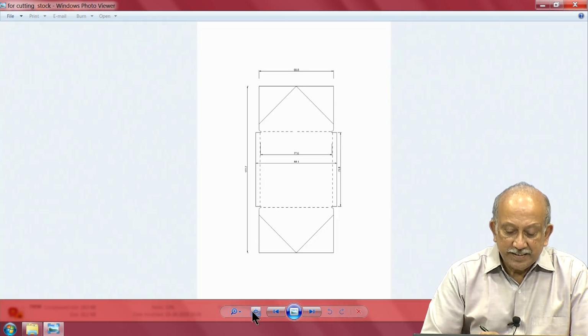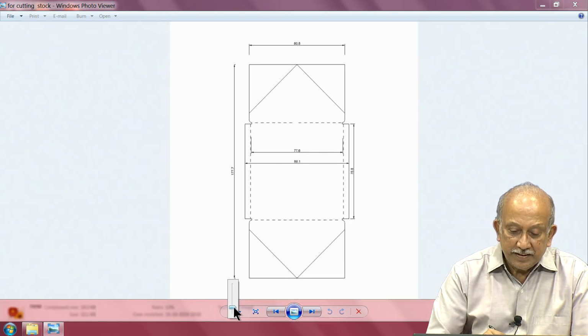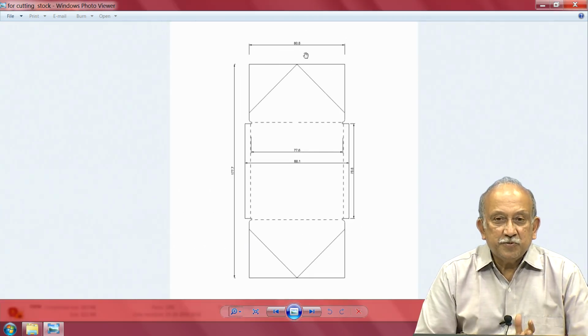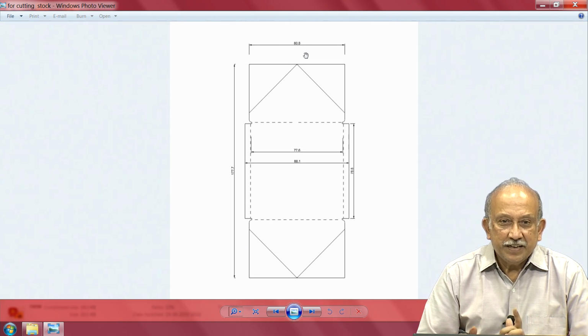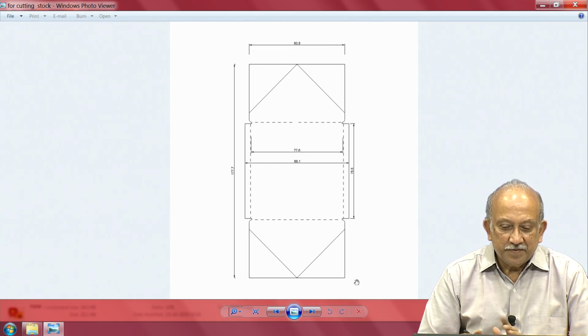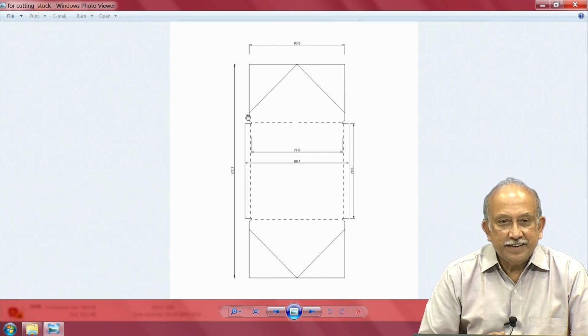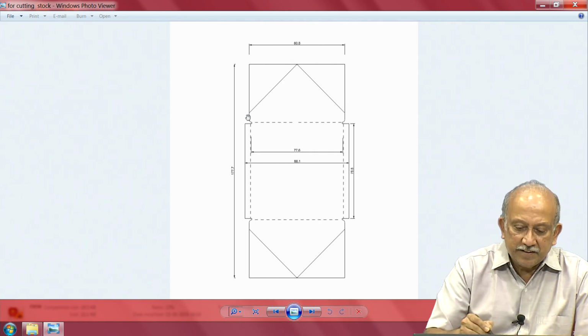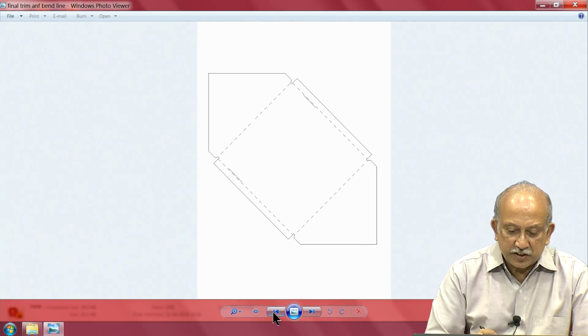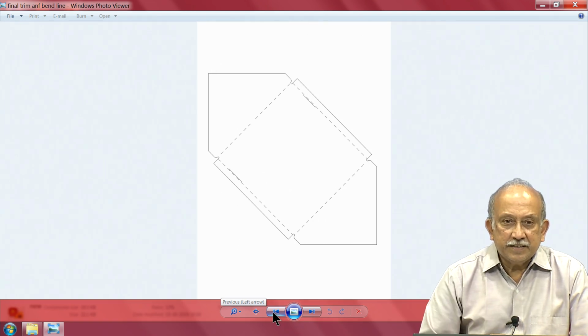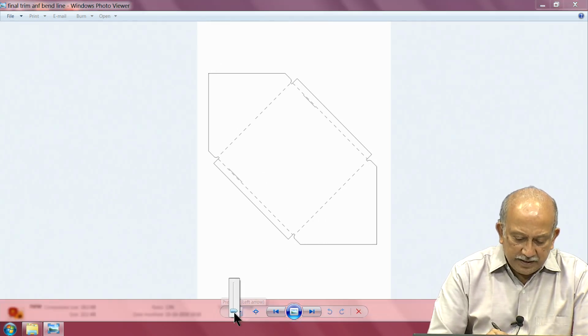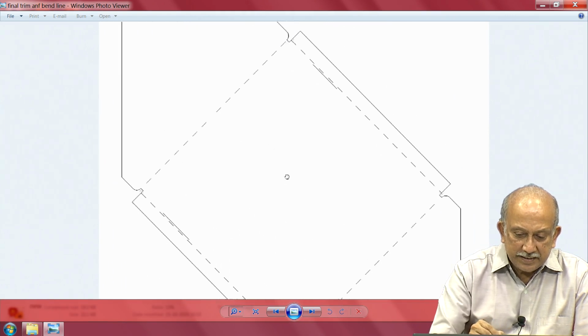Having done this, I have a nice sheet now which I just need to procure the material for and start making it. And the important thing is, as part of the process, this has been made into an equivalent rectangle, because that is how we cut. We do not start with cutting these shapes in the first go. Finally, after making that blank, we end up with small other details.